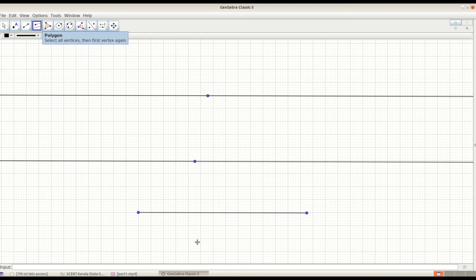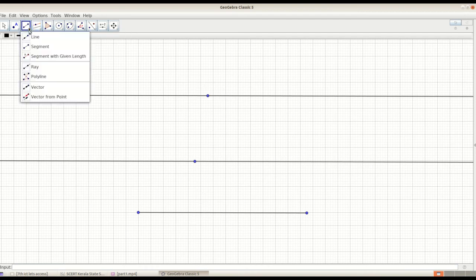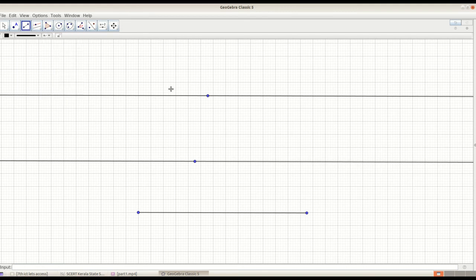Next we want to draw a line. Take segment and then draw a line like this. Here we want to measure these angles, isn't it? For measuring the angle, first of all we want to find the intersection point.